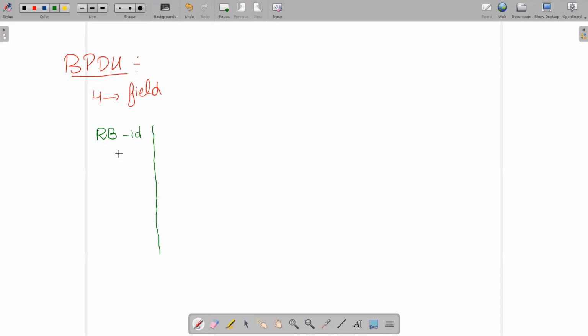And the root bridge ID consists of 2 things. First, as we have seen, we can check the priority, or otherwise we can check the MAC address. So the first field inside the BPDU is the root bridge ID, and the root bridge ID consists of 2 things. First one is the priority and the second one is the MAC address. Okay, fine. Then the second field